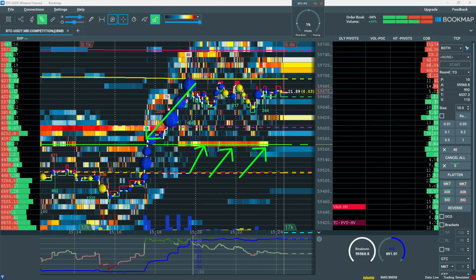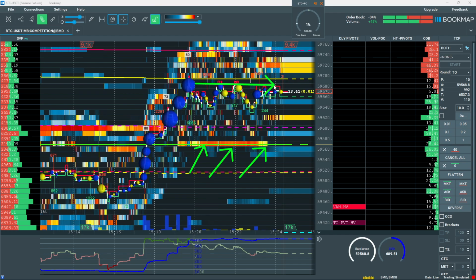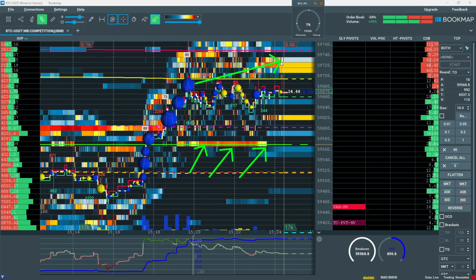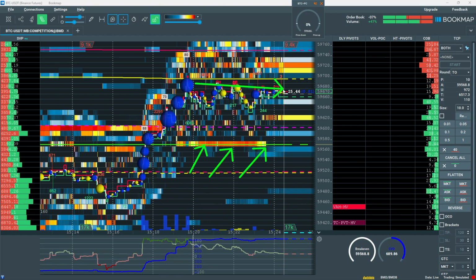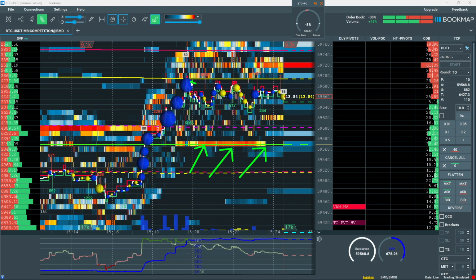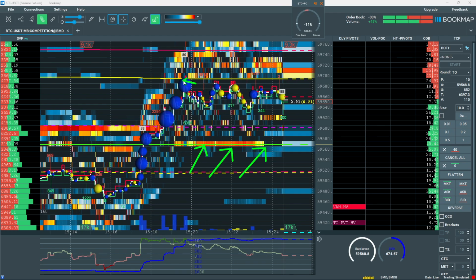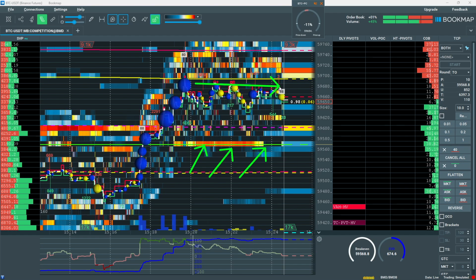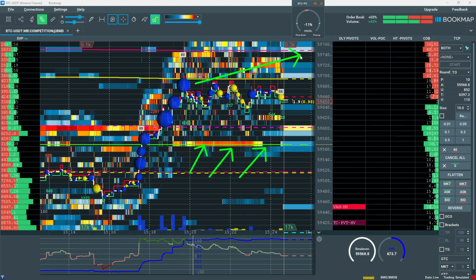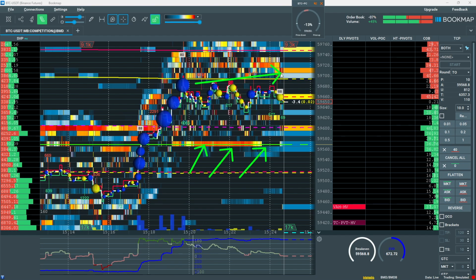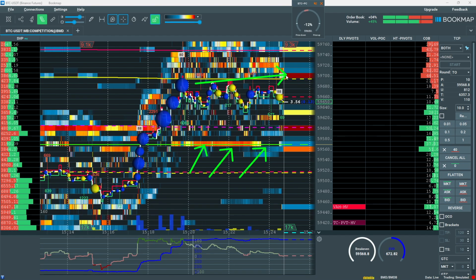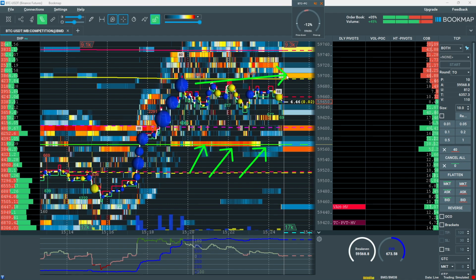So it's looking like buyers are in control. I don't think sellers are gonna step in here at VWAP. I think big buyers are gonna eventually come in because they're taking a little break from what they did to get up to this VWAP level. We got a nice little bull flag and we could get continuation here. This is a nice setup for me to actually add to the position on a VWAP breakout.